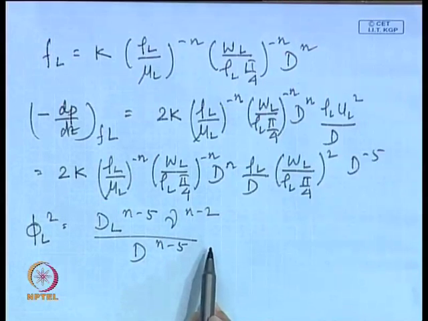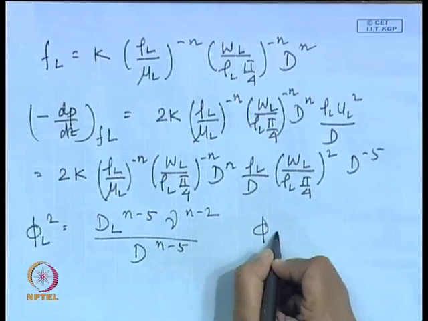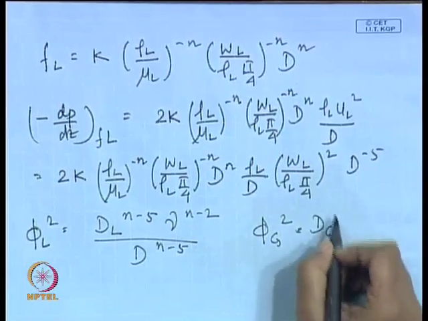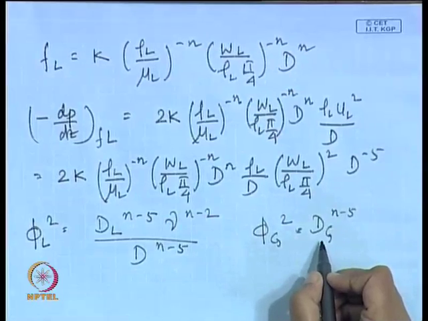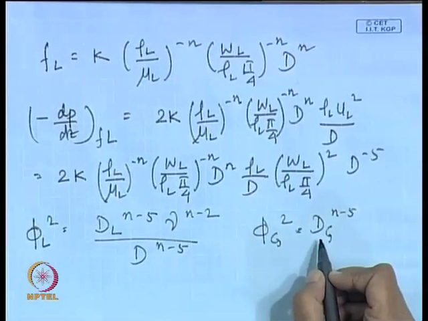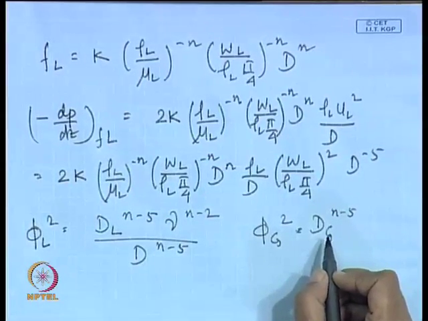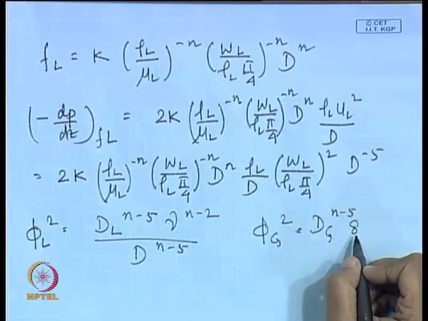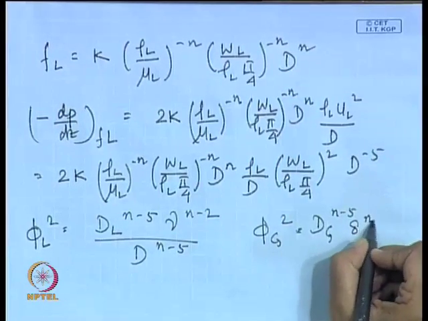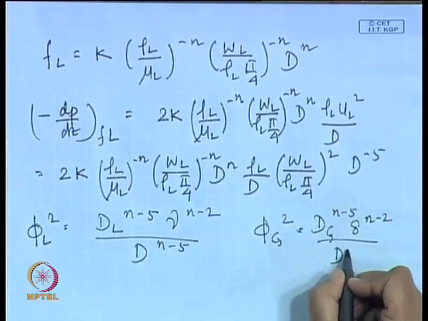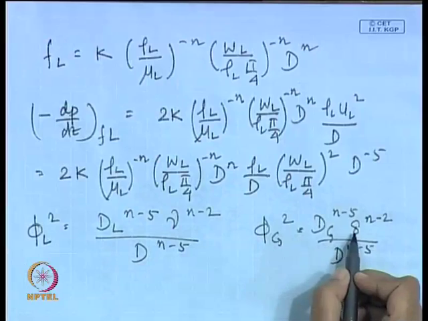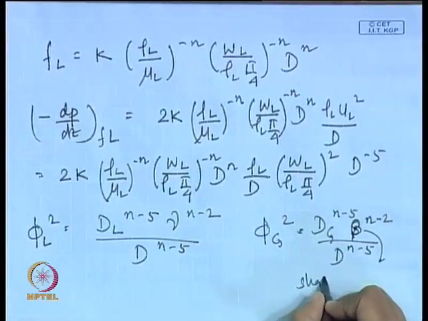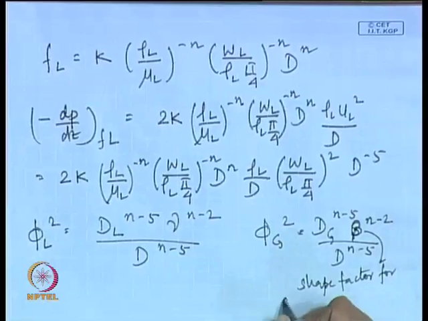Similarly, we can proceed and arrive at phi g square as well. Yes or no? Fine. This will again be dg to the power n minus 5, where dg is the hydraulic diameter of the gas occupied portion. Any doubts? You can raise your hand. We can put a delta or something, which is the shape factor for the gas occupied portion. This can be delta by dg to the power n minus 5. Delta and gamma can be the same thing. I can put something else, maybe beta I will put. This is the shape factor for the gas occupied